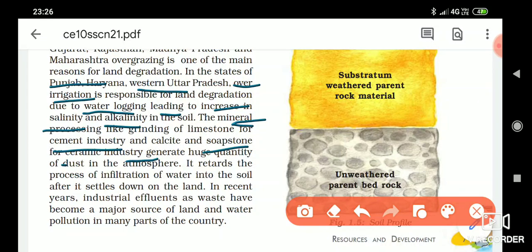because these industries release all the industrial effluents onto open land or into the rivers, so it causes land degradation as well as water pollution over there. Okay,